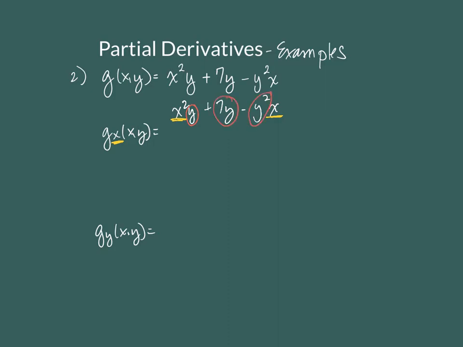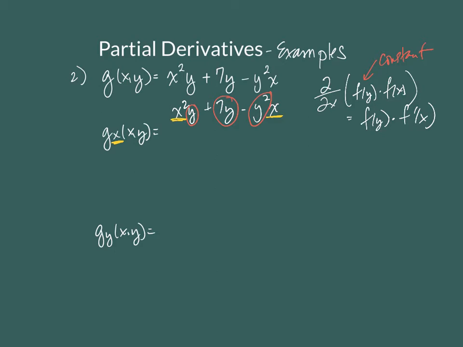So here we're going to use basically the idea that the partial with respect to x of anything that deals with a y is going to be treated as a constant. And then the other part, anything dealing with an x, we're just going to find its derivative like we normally would. Okay, so here we're using a constant multiple rule. And that's what we're going to use here. All right, so